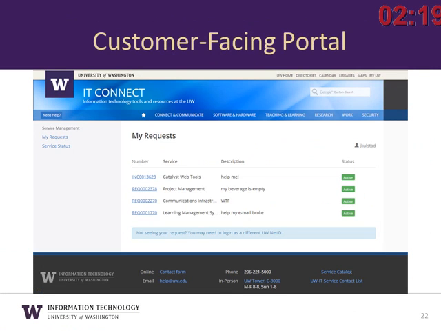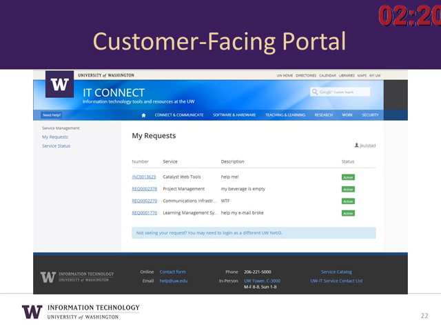Now, just a few minutes at the end here, I'd like to show you what our customers are going to see. So I did mention that every time they get an email, they're going to get a link back to our portal. And this is going to take them to IT Connect. For us, it might sound a little bit confusing that our UW Connect data will be displayed through IT Connect, but I can assure you our customers don't care. They're going to know about IT Connect. They're going to come here for all of their information, including updates on outages and their service requests. So they don't know the name UW Connect, and they don't care.